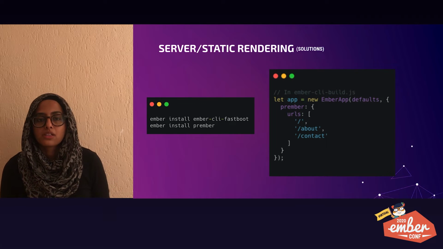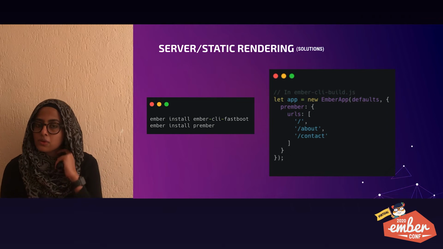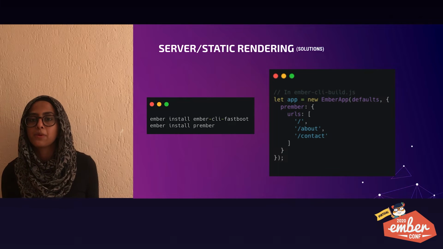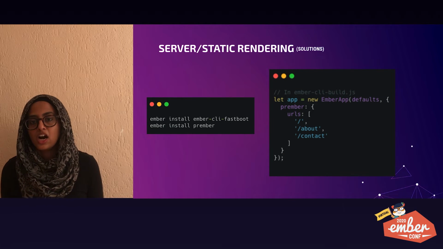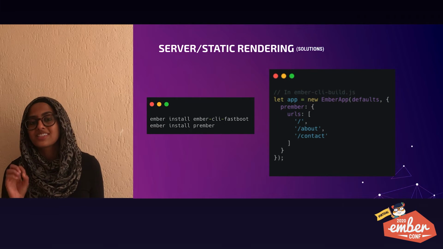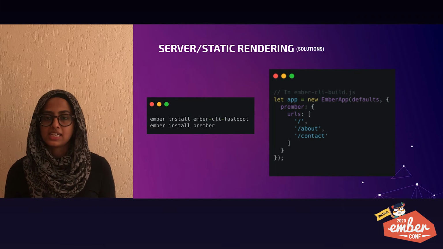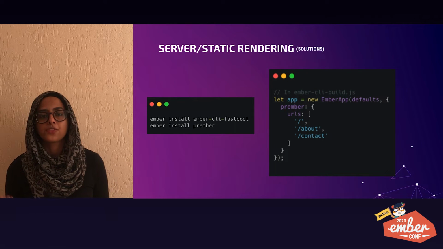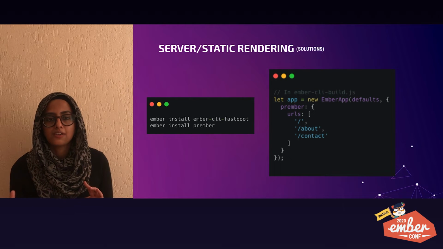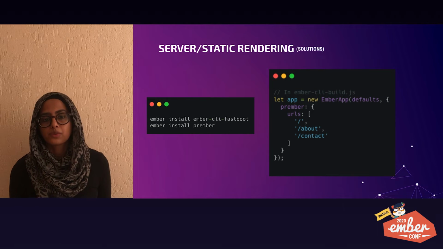It's really simple to server-side render pages in Ember. All we need to do is install ember-cli-fastboot, which statically renders the application and allows us to pre-render any list of URLs into static HTML files at build time. As a result, the pages can be served statically, and it has a fast first paint of the HTML content from FastBoot. So all we do is install ember-cli-fastboot, and then we can configure the URLs that we want to pre-render.